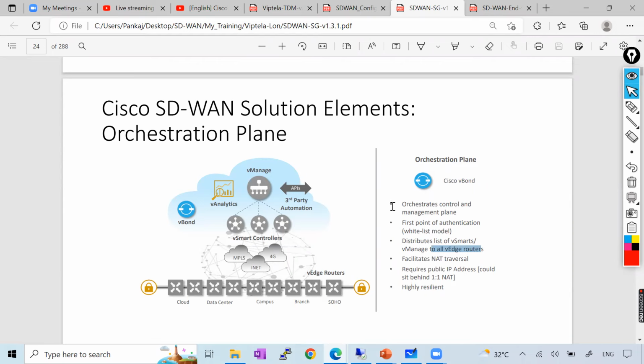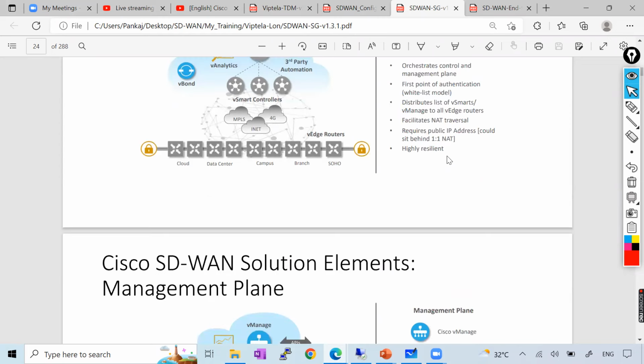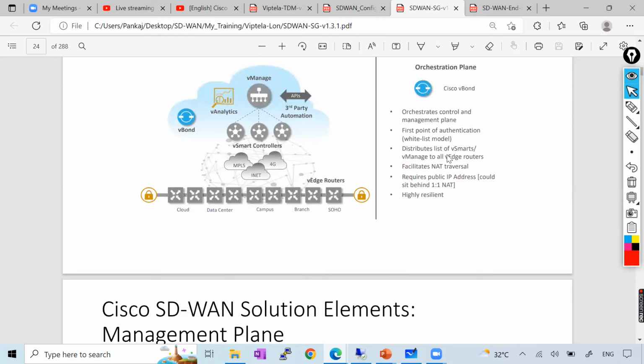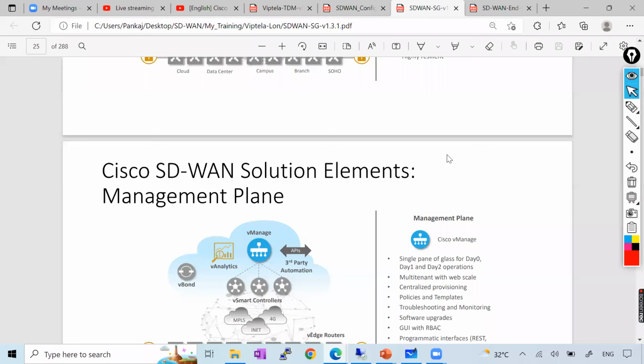So this is how highly resilient it can be, you can create 2 vBonds in your network, one vBond acting as primary, another as secondary. So all these key features are basically performed by the vBond, and this is the role and responsibility of the vBond. Any question, guys, still here? Anyone having any question? No worry. I'm just assuming you all are clear about that. So moving to the next,